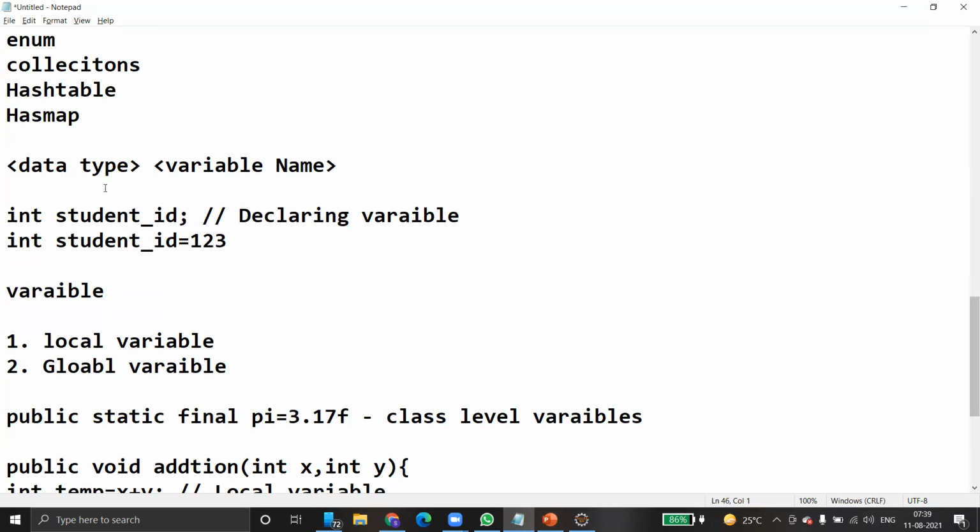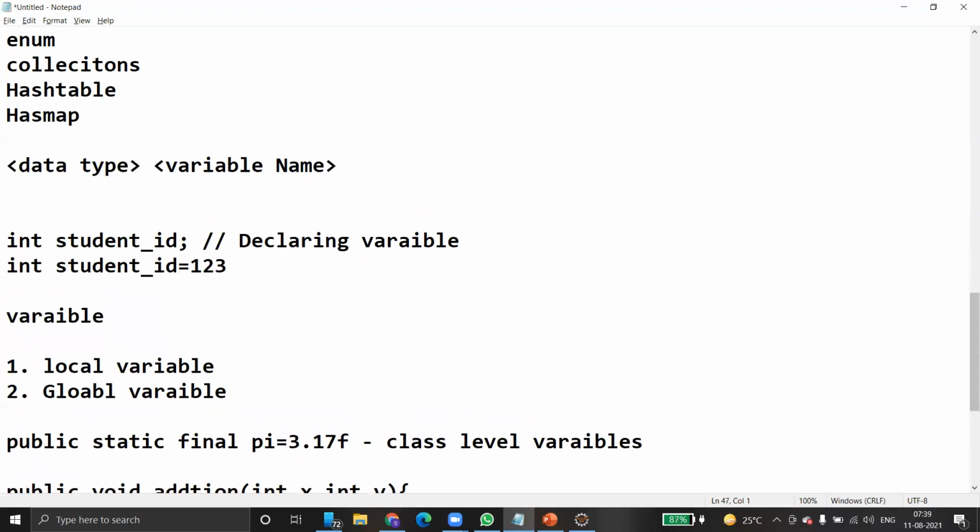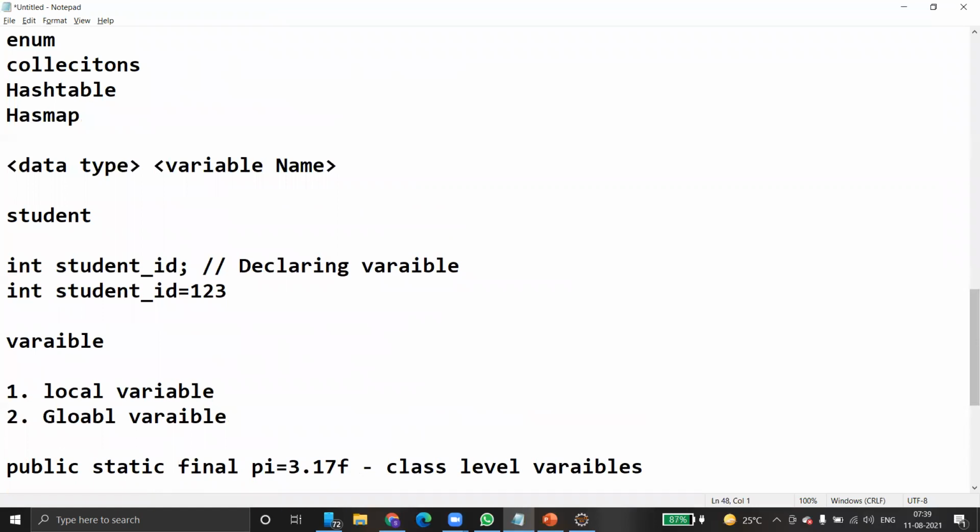Similarly, if you want to create an object with a class name, automatically the object becomes a type of that particular class. Suppose you are creating a student class. Class created. I want to create a variable with this class. How do you create it? Obj student. It's a valid syntax.